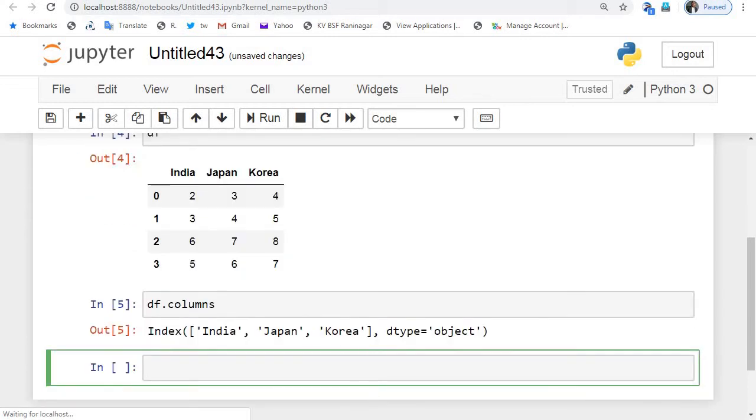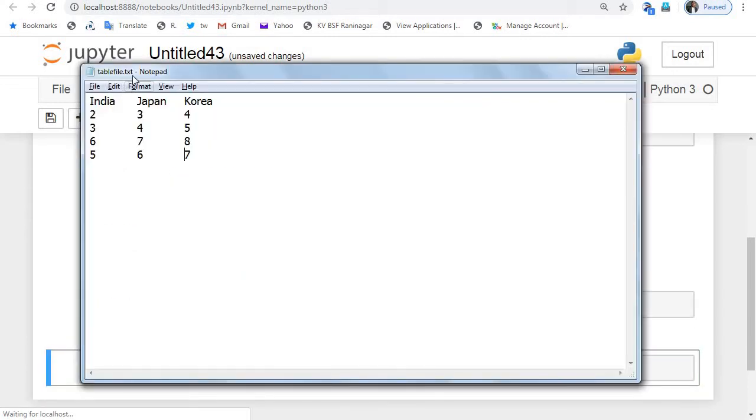If you observe the file table.txt, you can see there is a difference of a tab between each word. India, Japan and Korea are separated with one tab. Then in the next line, the numbers are separated with one tab.